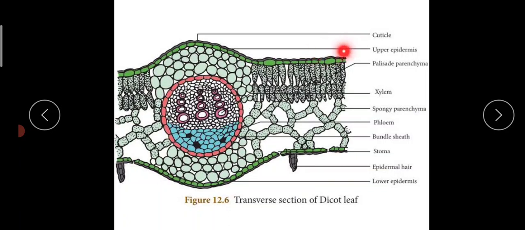And after the epidermis then comes the next region, that is the mesophyll. Okay, so this mesophyll comprises chlorenchymatous cells. Thin walled chlorenchyma cells are there, and these chlorenchyma cells are seen in between the upper and lower epidermis. These are the chlorenchyma cells.